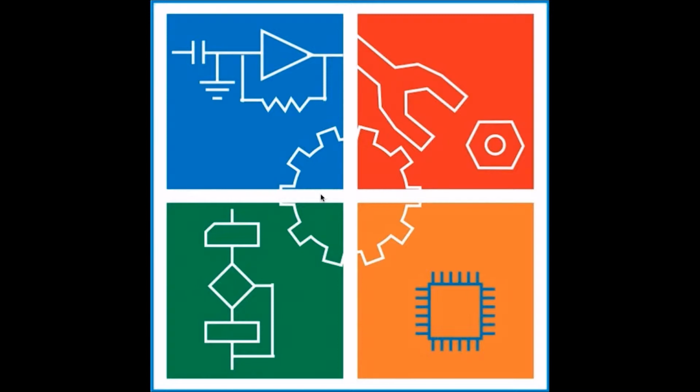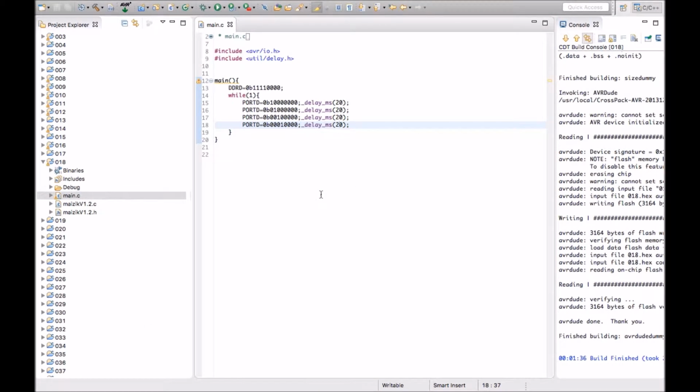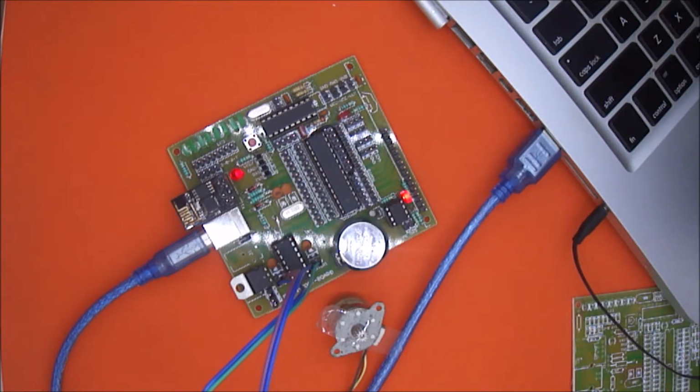In this tutorial we are going to learn how to rotate one stepper motor using Atmega microcontroller. So to start with, you must have one stepper motor. In general you will find either 4, 5 or 6 wires on your stepper motor. You just need to select the 4 wires which need to be connected to the motor driver. So here we have a stepper motor with only 4 wires.